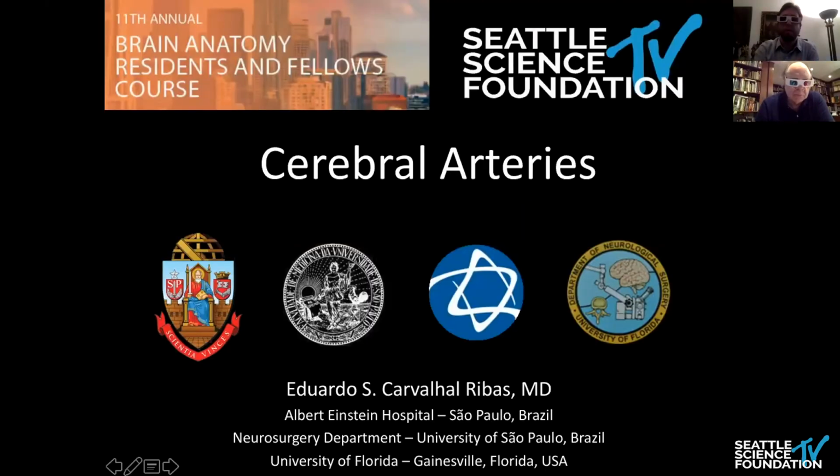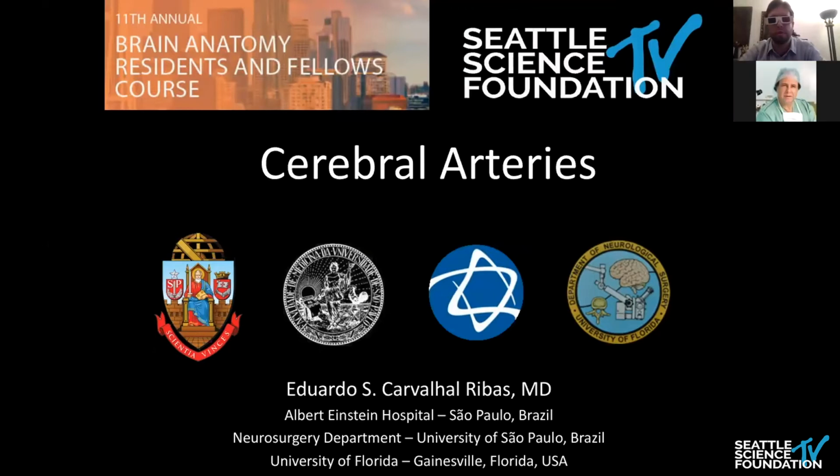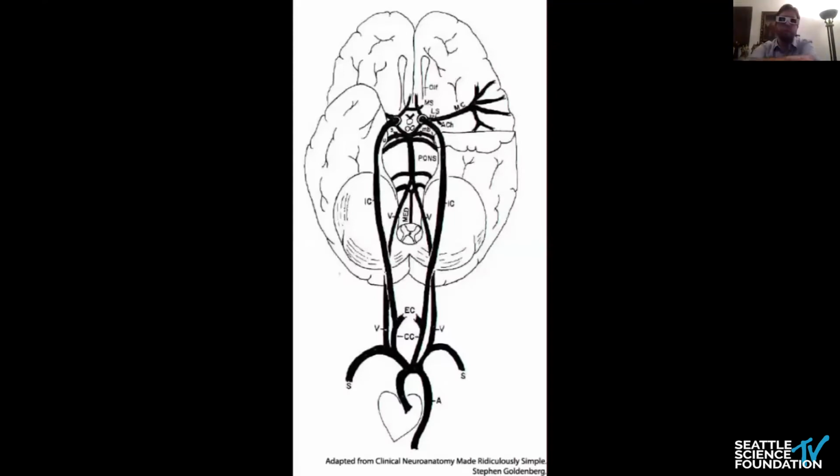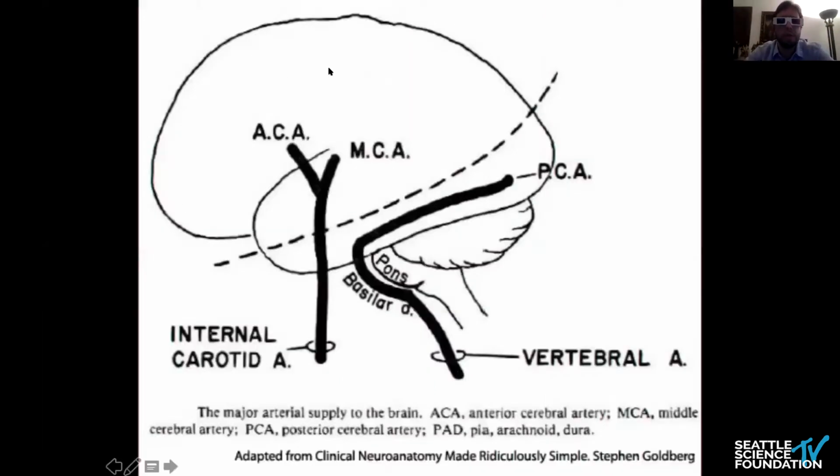Now I'm going to talk about the vascular supply to the brain. I divided talking first about the arteries, and then later about the veins. So I'm going to start very briefly talking that the brain has two systems of arteries. It has one anterior system called the internal carotid system